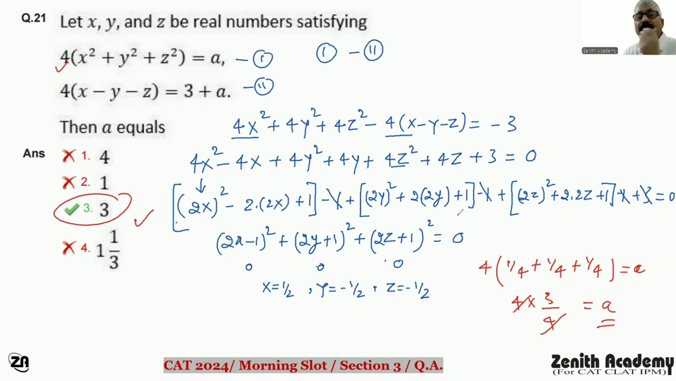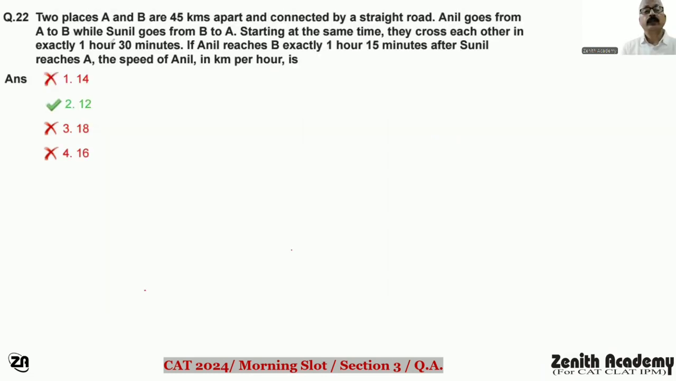किसी को क्लिक कर गया तो बात एक अलग है, लेकिन इट वाज अ रियल टाइम ट्रैकर। नंबर 22। Two places A and B are 45 kilometers apart and connected by a straight route. Anil goes from A to B while Sunil goes from B to A, starting at the same time. They cross each other in exactly 1 hour 30 minutes. If Anil reaches B exactly 1 hour 15 minutes after Sunil reaches A, the speed of Anil in kmph, kilometer per hour, is